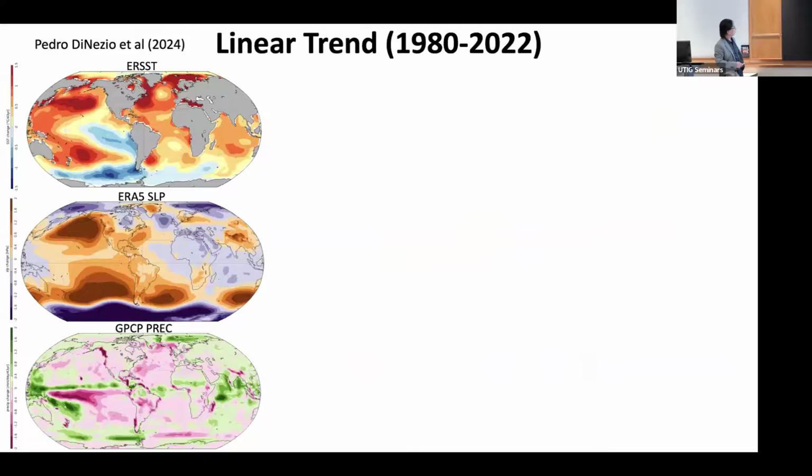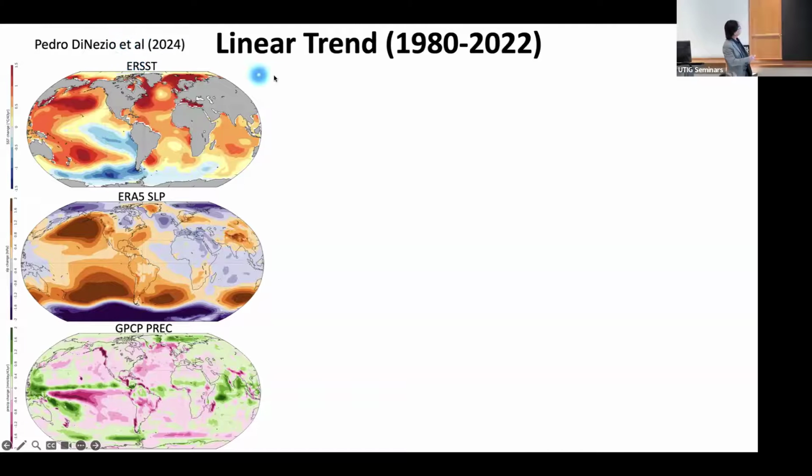So that's one thing we find. And the other thing, now let me switch gears to talk about the Southern Ocean, which is some recent work we've been doing. There's a lot of debate right now, or a lot of interest, in looking at the Southern Ocean trends. So it turns out that if you look at the observation in the Southern Ocean, this is the trend at each grid point based on observation, ERSST.